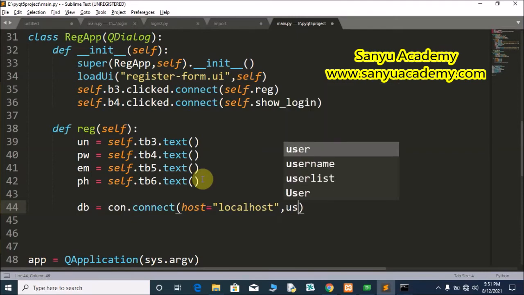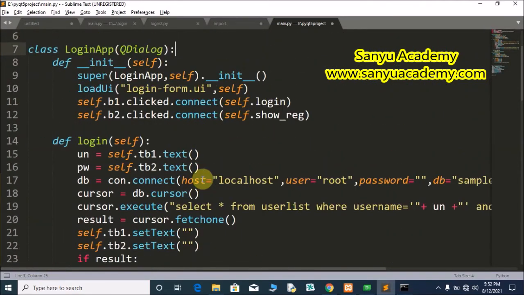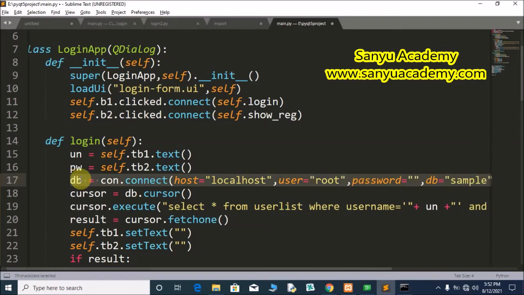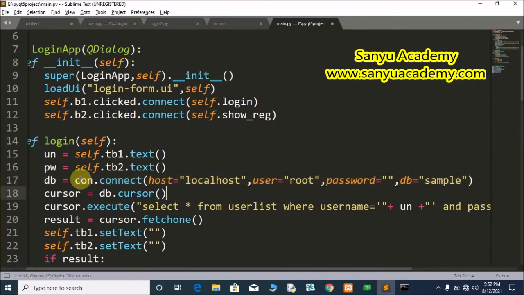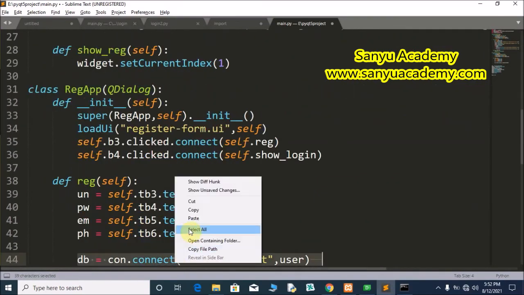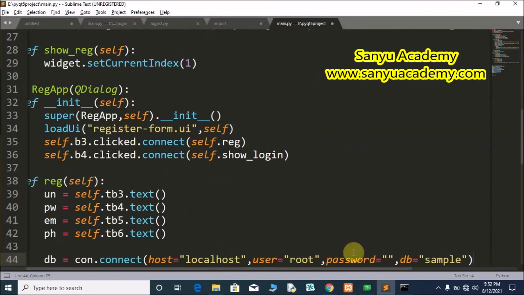Username, we can copy this from the above. Copy this code, paste. Now host is localhost, user is root, password is no password, db is equal to sample.